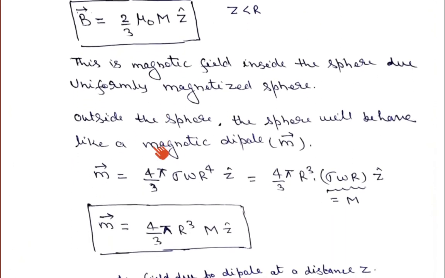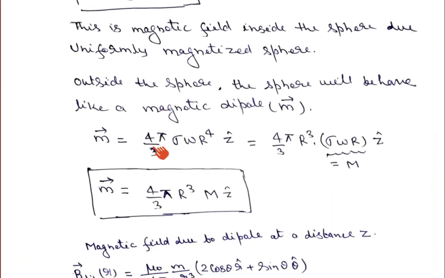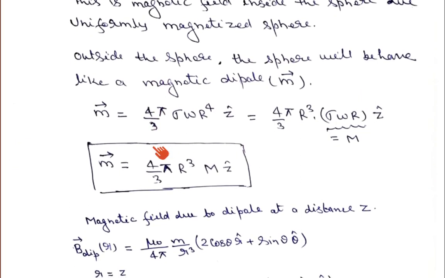Now let us say we try to find out the magnetic field outside of the sphere, okay, then z is greater than the radius of the sphere r, then in that case we know that this spherical cell on which current I is flowing because of the spinning of the sphere, this spherical cell will behave like a magnetic dipole, and this problem again I have done in a separate lecture, spherical cell as a magnetic dipole.